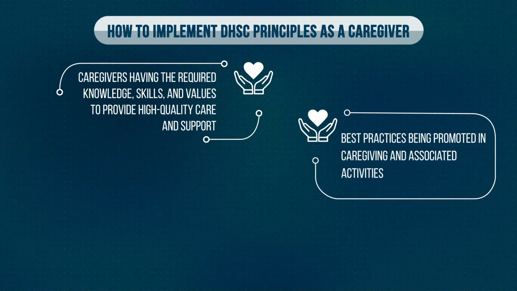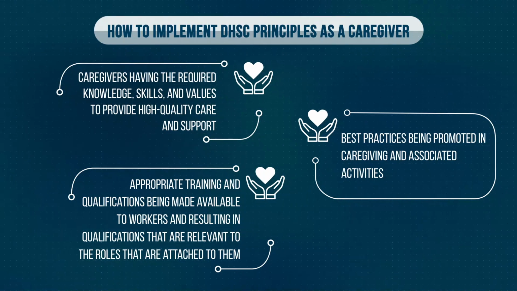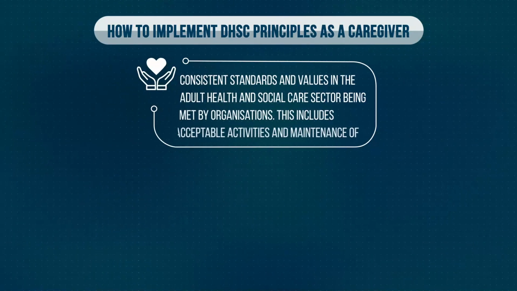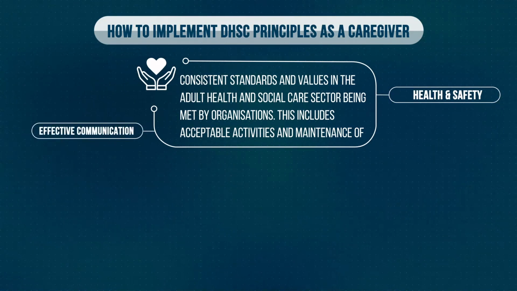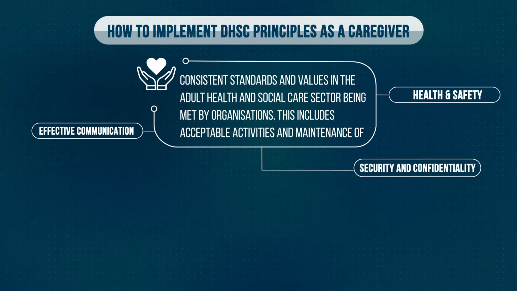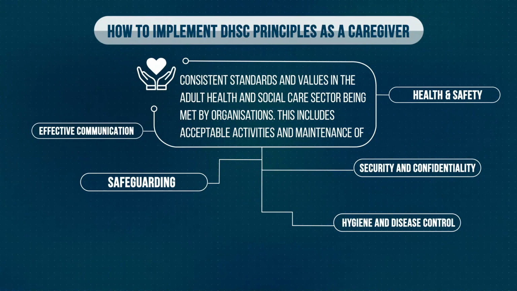Best practices being promoted in caregiving and associated activities. Appropriate training and qualifications being made available to workers and resulting in qualifications that are relevant to the roles that are attached to them. Consistent standards and values in the adult health and social care sector being met by organisations. This includes acceptable activities and maintenance of health and safety, effective communication, security and confidentiality, safeguarding, hygiene and disease control,